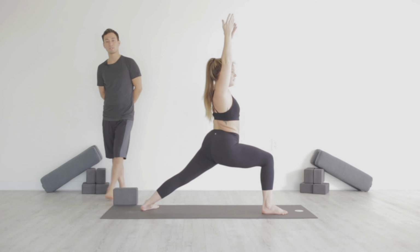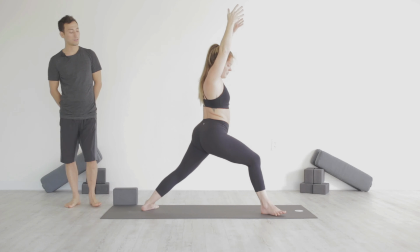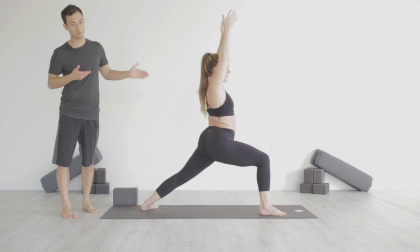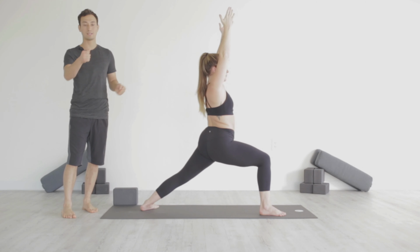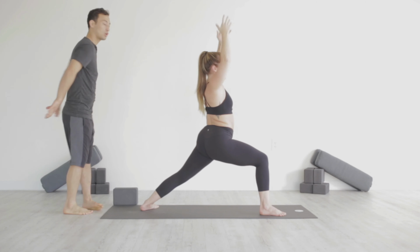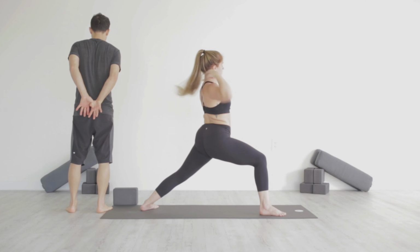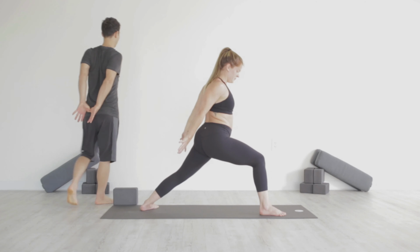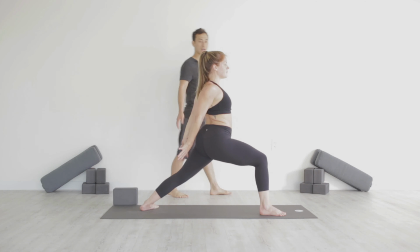So take a moment here, settle into your stance. Start to pull the skin of the outer right hip back and guide the skin of the outer left hip forward. It's like you're using a steering wheel. Now take your arms behind your back, but we're going to hook our thumbs together behind the back. Pull your arms back and then down a little bit. Take an inhale, lift the chest, and then exhale, fold